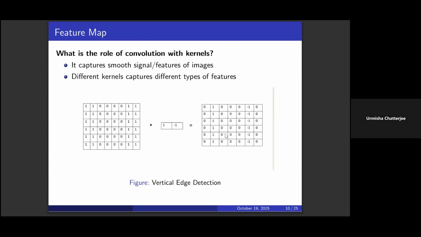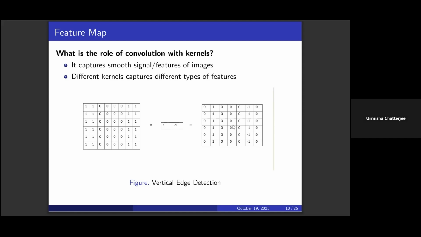So these are the kernels that we are using. As I just pointed out, what the kernel was doing is finding some smoother version of the images. You can read smoothness as signals within the images, and you can interpret these signals as features. So different kernels bring out different features within the image.